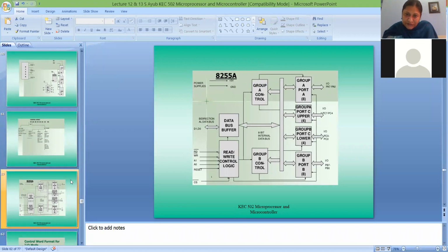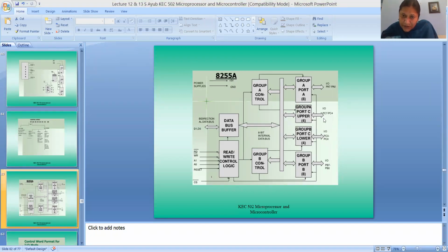So we'll see a little bit elaborated diagram of 8255. Here you have port A, port B, port C lower, port C upper, and these are connected with the data bus to 8085, and you should have the control signals like read bar, write bar, and A0, A1. This is for the address making of 8255. So all this is the internal blocks of 8255 IC.